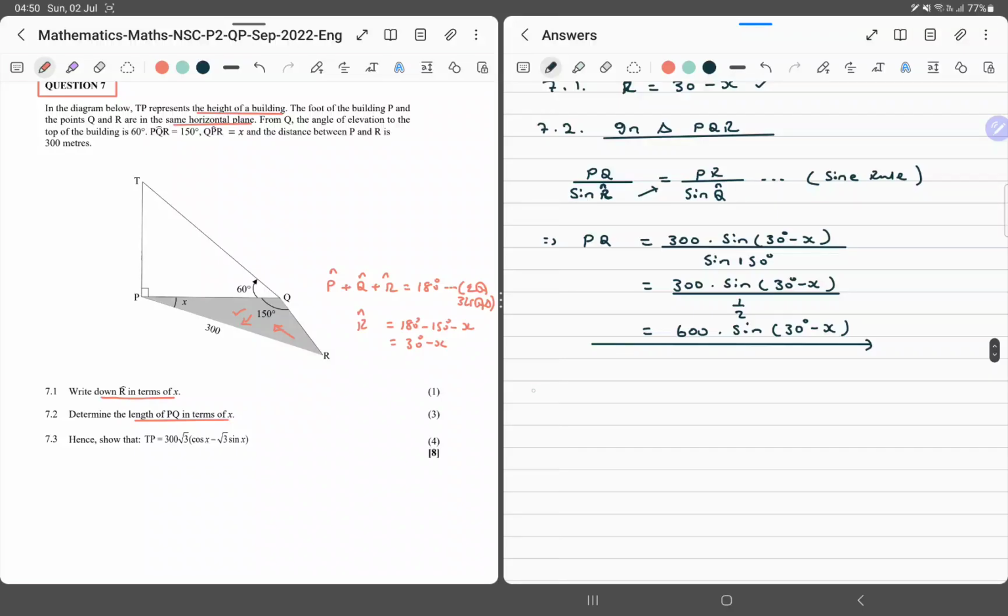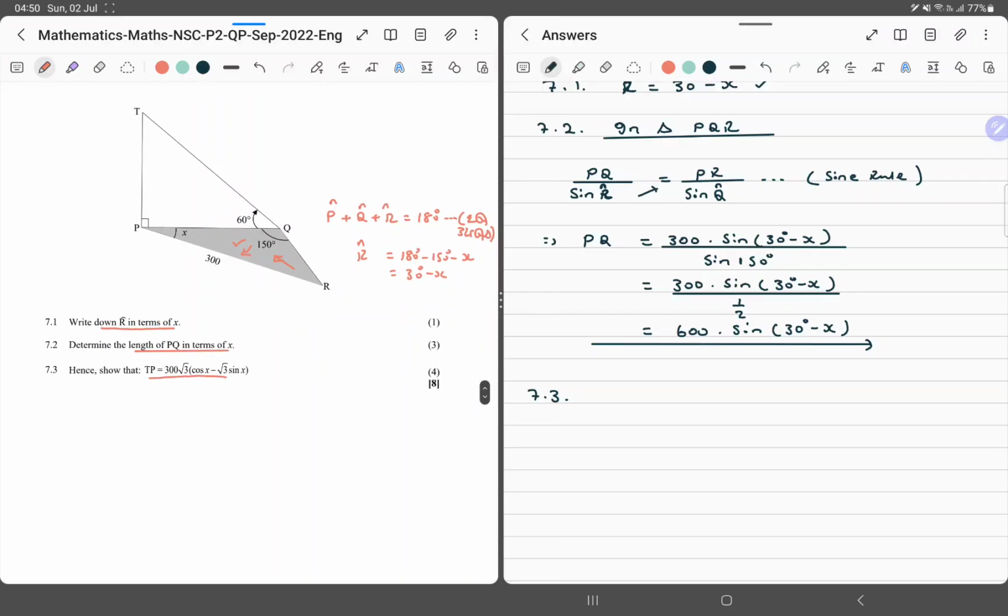So let's do 7.3. 7.3 says show that TP is this expression. Okay, easy stuff. Now we can see that we've just worked out that side, and in this triangle we want the opposite side of an angle that we know. We've just worked out the adjacent side over there. So we can say in triangle PQT,